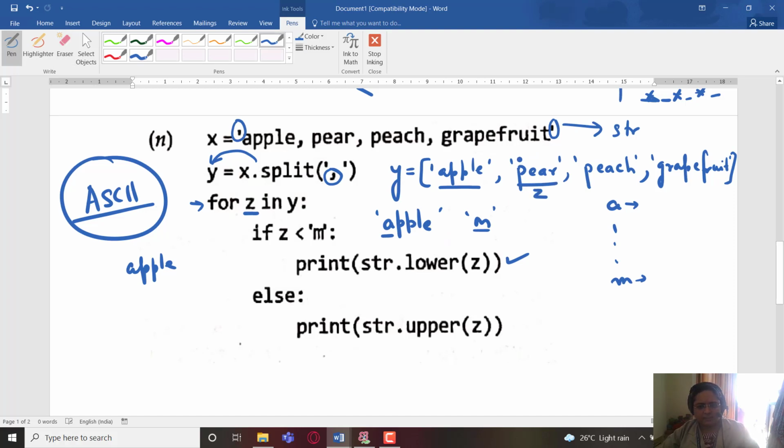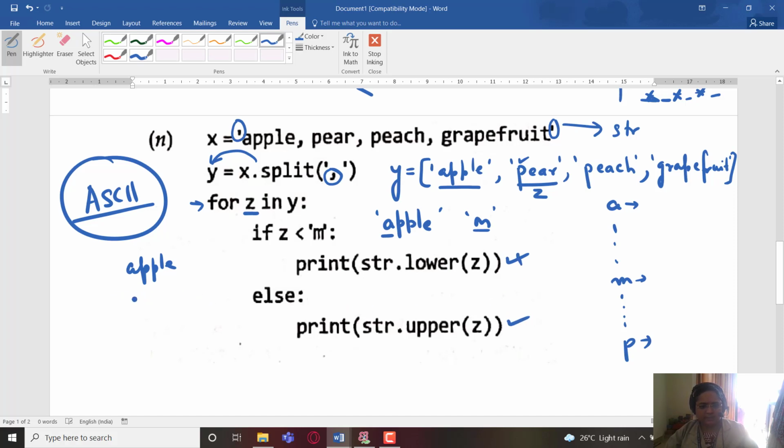So again here we have small p. Now small p falls after M. That means small p is greater than small m. So if Z is less than small m, here we can see that p is greater than small m, so this condition is false.